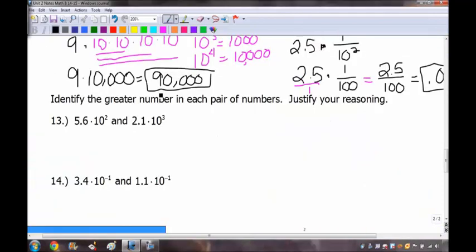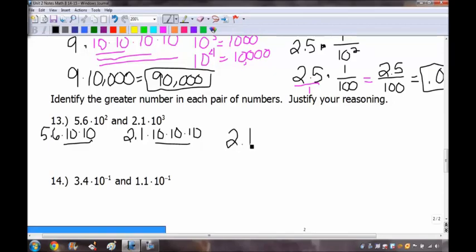Okay, sorry to be skipping around. We're going to go back to question 13 now. And the directions say to identify the greater number in each pair of numbers and then to justify your reasoning. So in question 13, you have 5.6 times 10 to the second power, right? So you have 5.6 times 10 times 10, right? And then here 2.1 is being multiplied by 10 3 times. So which number would be bigger? The number where I multiply by 10 twice or the number where I multiply by 10 3 times? It should make sense to you that this number right here is going to be the larger number. So we would say 2.1 times 10 to the third power is larger